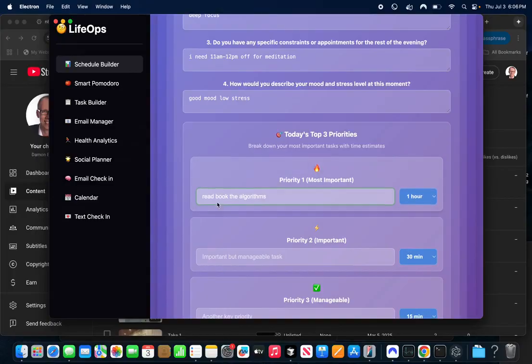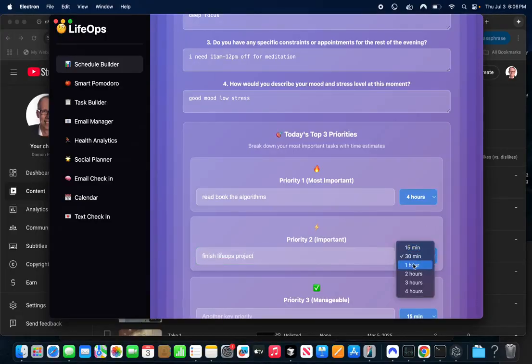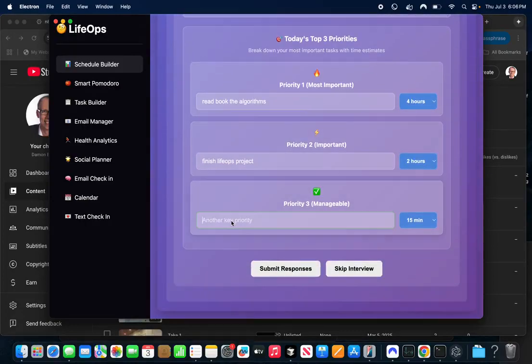I think you would use this in the morning to build out your schedule with the app. Go for, let's see, finish life ops project and go for a walk.